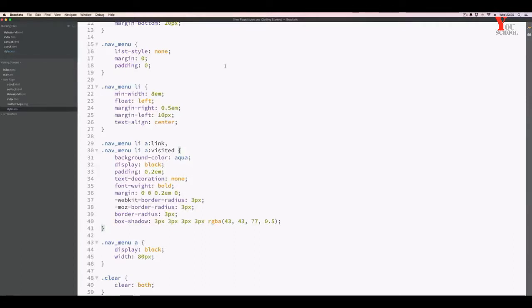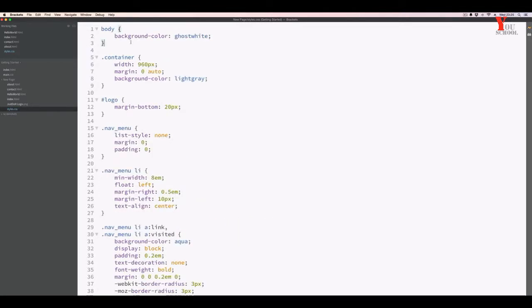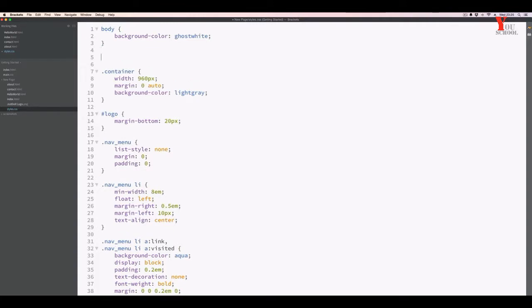Okay, so what I'm going to do now is I'm just going to go and add a little bit of colour to the different elements, divs on our pages. Let's start with the header. So with the header, because it's a normal element,